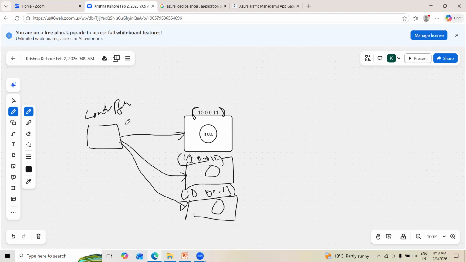If application gateway is running on HTTP or HTTPS, right? So here, for example, in the URL you type, you can see you have three servers. Here we have IRCTC, here I have Flipkart, and here I have Amazon. These are three different applications on three servers. So when I type Amazon.com